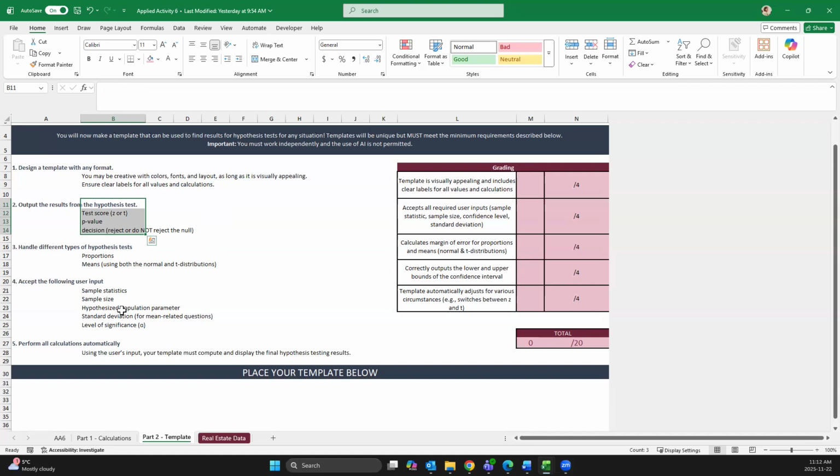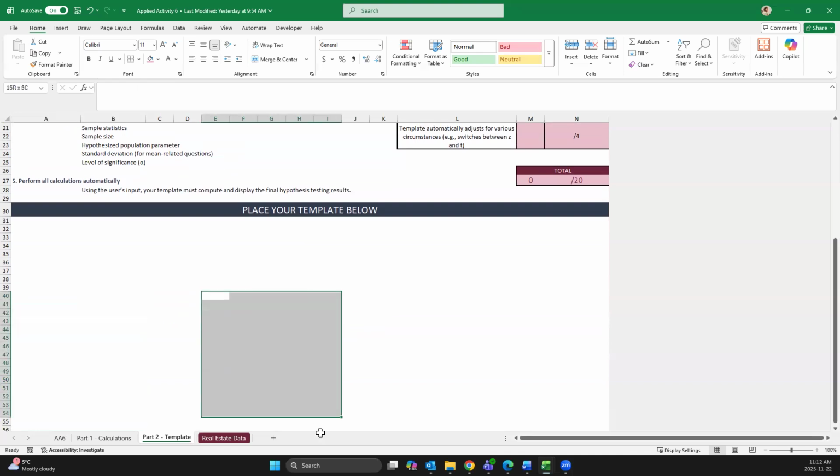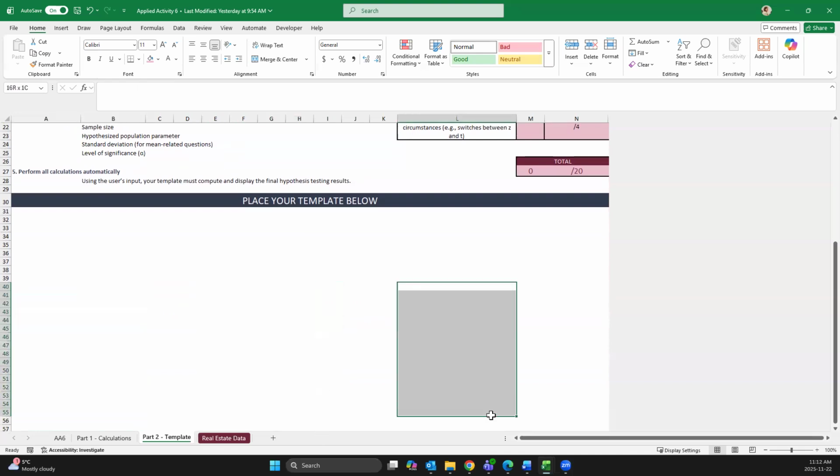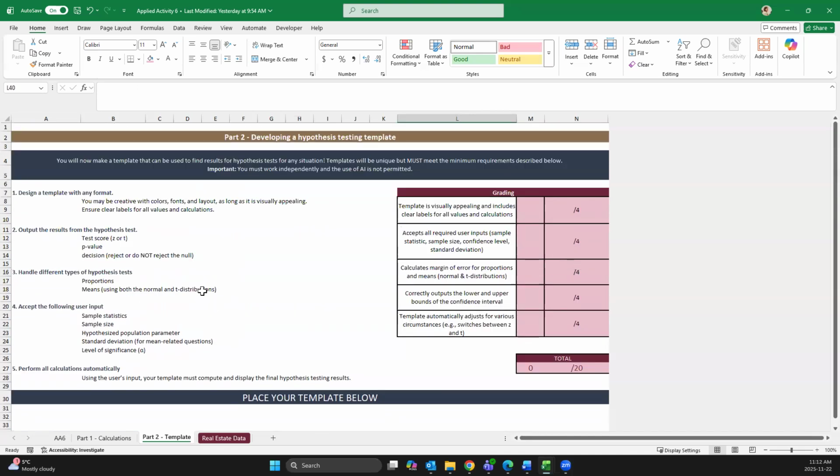One other thing that you need to take into account is also the direction of the test. So that might also be something that you put into the user input. Alternatively, you could have different sections in your template that say look in this section if you're doing a less than test, look in this section if you're doing a more than test, look in this section if you're doing a not equal to test, and would show the differences in p-values and the decision depending on what type of test you're doing, because we know that it does influence your calculations